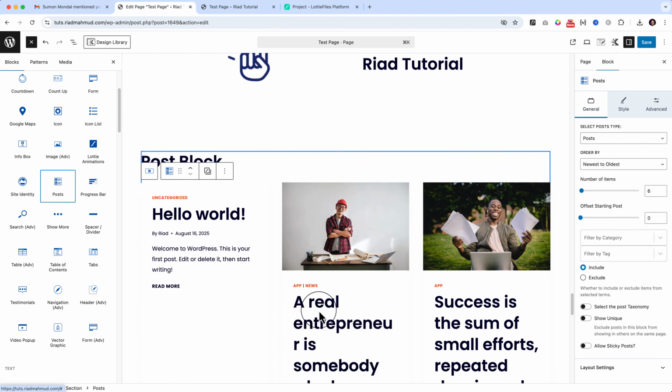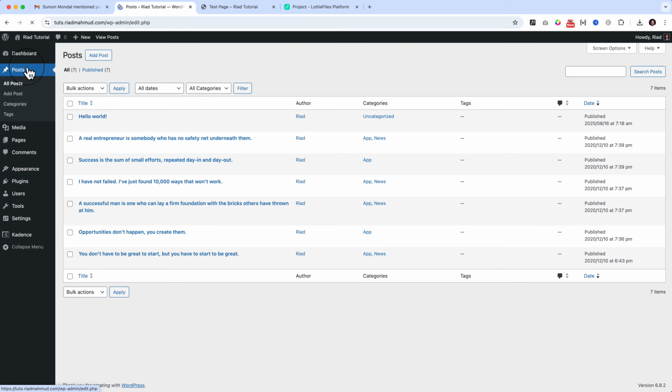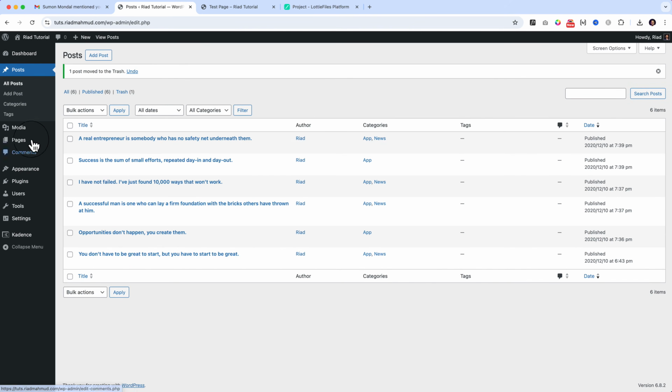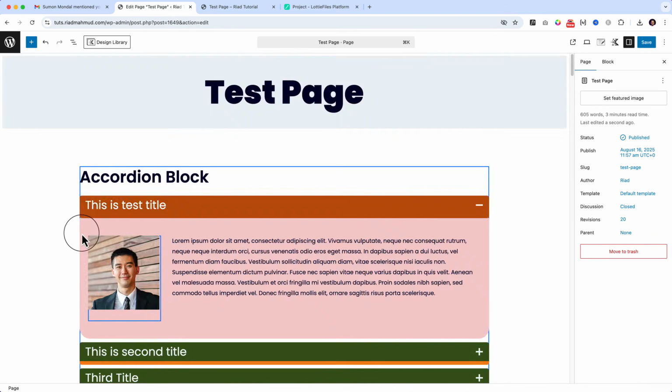So as of now, there are a few default posts we're gonna explore, but let's delete the hello world first. It's gonna interfere with our design. Remove the hello world. So I just removed the hello world. Now go to the pages, and here is our test page where we are working. Scroll down,